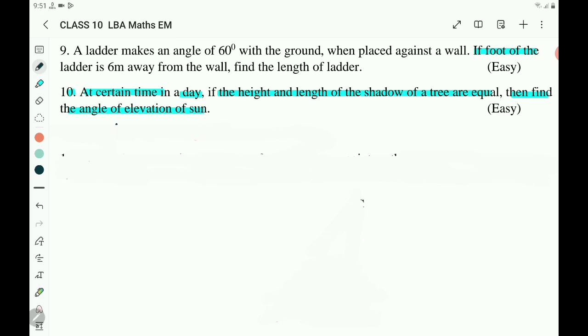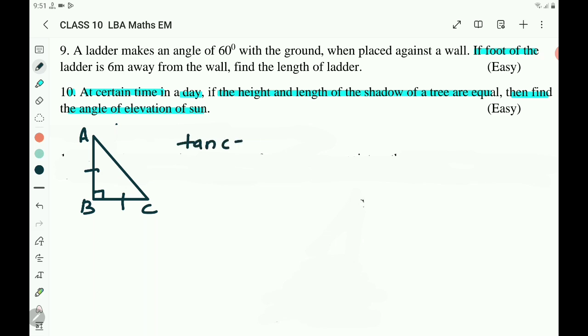You know it already. So let us have the sketch here. Consider AB is a tree and BC is its shadow. And here length of the shadow and height of the tree are equal. Here you can take AB is equals to BC. Then what is asked here? Angle of elevation. Directly you can write it is 45 degree, or otherwise you can write